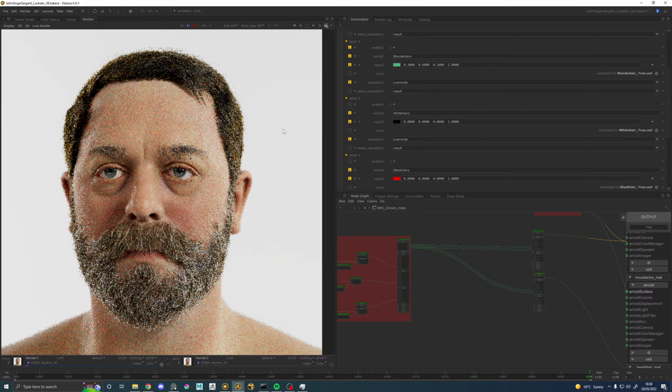Let this clean up for a moment. We also need to get some diffuse shading in there. Now, something I've been looking at off stream,